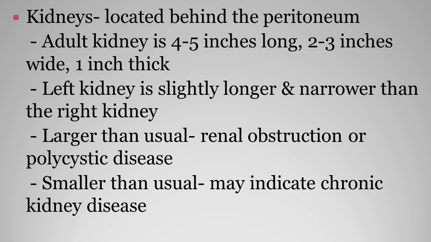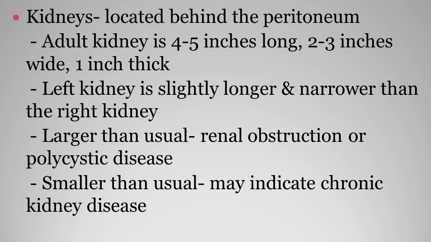And sometimes in certain pathologies, we may see kidneys larger than usual. That could be visualized on some of the diagnostics that we're going to talk about later. Could be due to the fact that a person has renal obstruction or polycystic disease. And if it's smaller than usual, that may also be very abnormal to indicate that they have some kind of